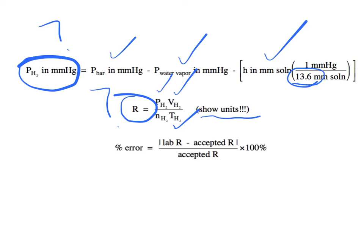As always, when this lab's going on, you should be writing down any key observations that happen. Those will help you to discuss sources of error later on. But you pretty much have everything you need to calculate R, and the final thing is to figure out the percent error,